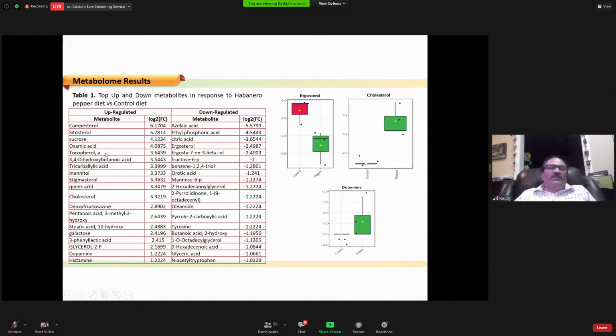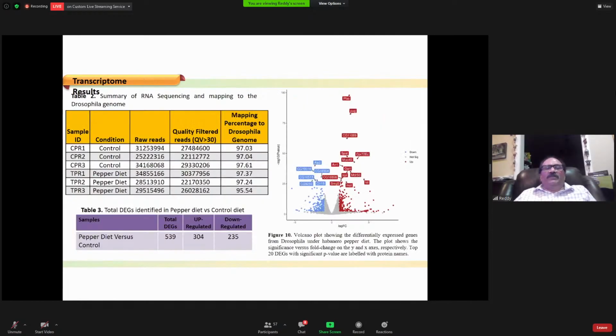Tocopherols are very important for vitamin E, and campesterol is important for vitamin D. And there are so many other metabolites upregulated. A lot of metabolites, 6.1 folds, comparatively to the control. And some of the metabolites that are bad, that might cause diseases or predispose us to cancers, are downregulated. So this kind of beneficial effect can be seen when we look at the metabolomes, and also